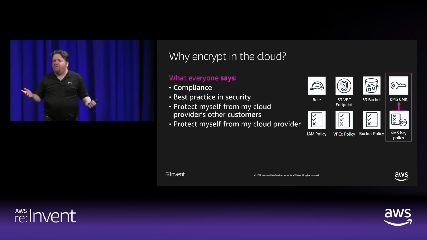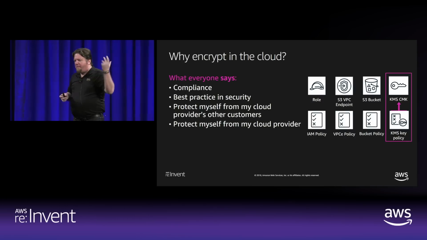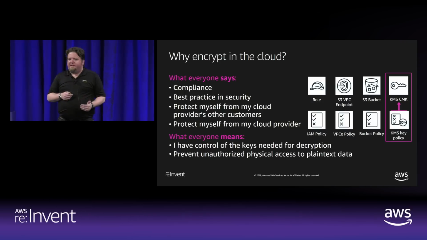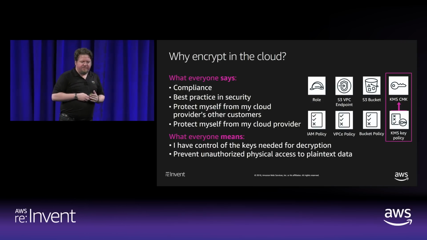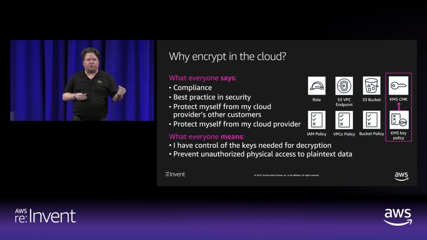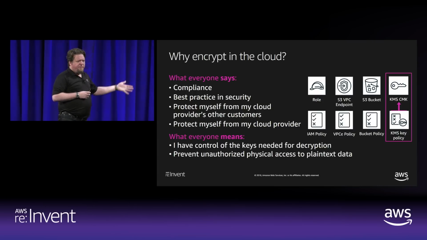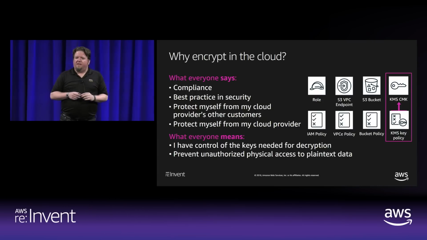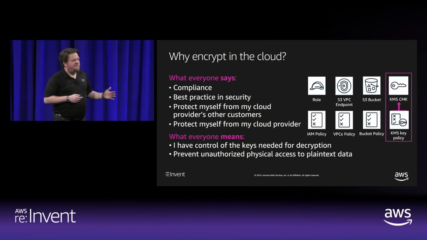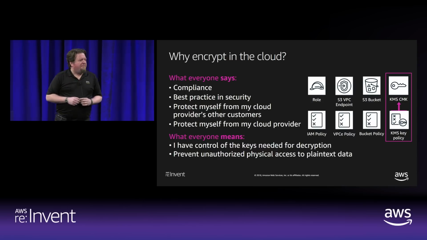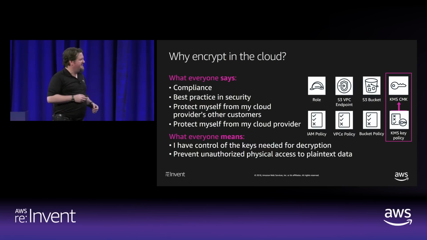So then the question is, well, why do you encrypt in the cloud? This is what people say. But what they really mean is that they need better control over their data. They want control with a key that I use, and they want to prevent unauthorized physical access. But this idea of providing this additional point of control is incredibly powerful because now, not only do you need the permissions to use the resources and the permissions to use the actions, you need the permissions to use the keys. To tell you more about that, it's my privilege and pleasure to introduce you to my friend, Ken Beard, the Director and General Manager of the AWS Key Management Service.